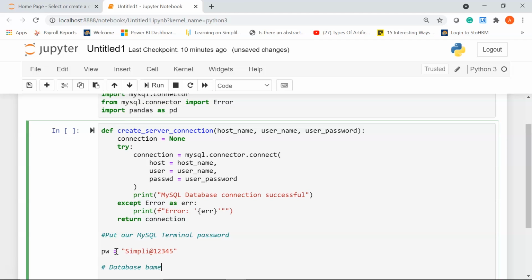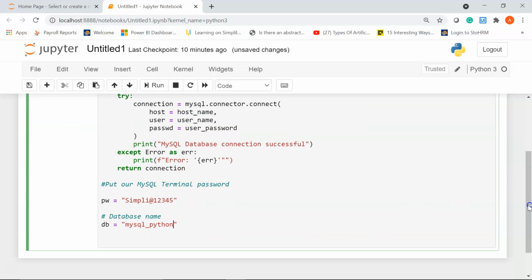Here I'm going to write db equal to the database I want to create, which is going to be MySQL_Python. Let me just scroll this down.